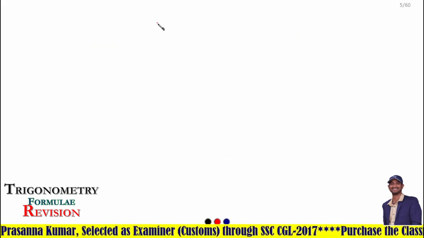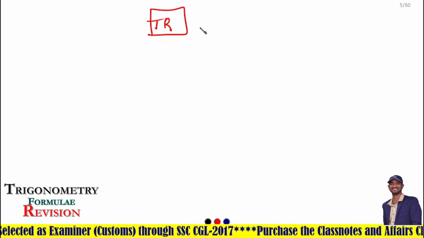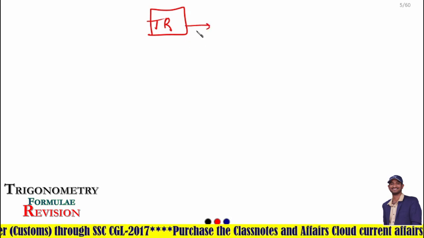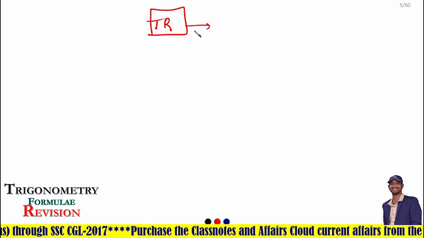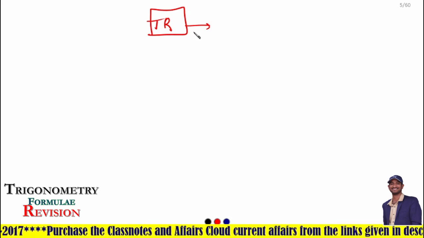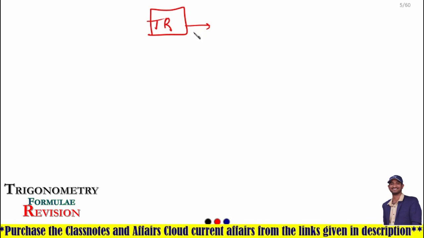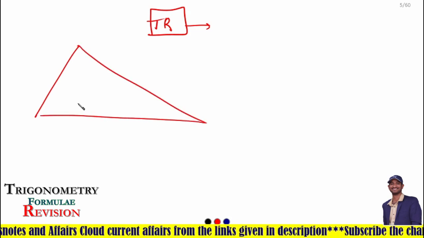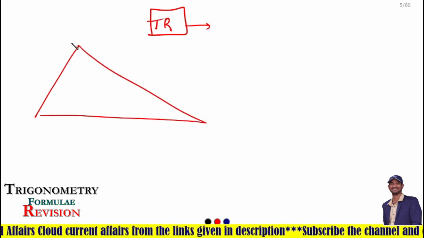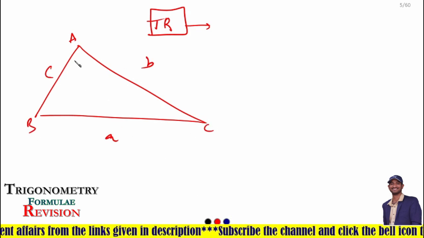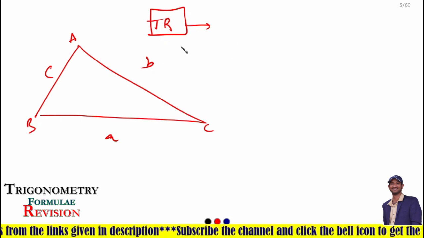Now we will go to the trigonometric ratios. It is very important. Trigonometric ratios and also identities. Trigonometric ratios are not only applicable for right angle triangles. They are also applicable for scalene triangles. But the formulas of trigonometric ratios in scalene triangles are different from those in right angle triangles. First, I will tell you the formulas of trigonometric ratios in scalene triangles. Suppose there is a triangle ABC with sides a, b, c. Then what is the sine rule?